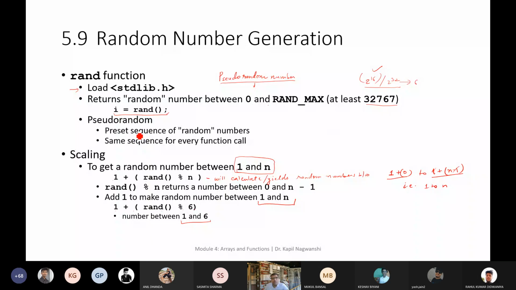But pseudo random will generate a sequence of random numbers, and the same sequence for every function call. Now come to another parameter, that is scaling: scaling to get a random number between 1 to n. Pseudo randomness means every time one seed value is there, and based on this seed value, I think this was also discussed.